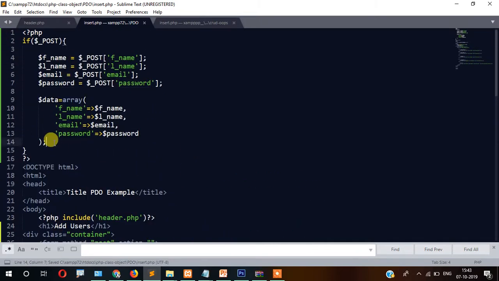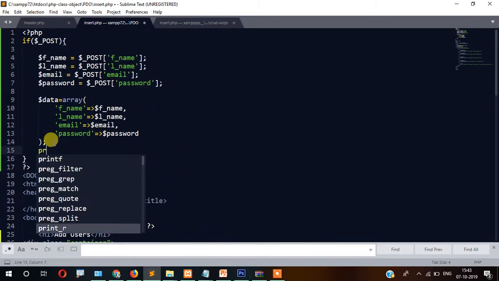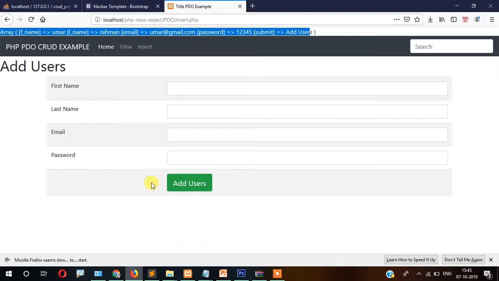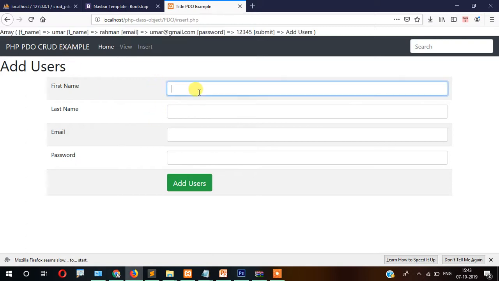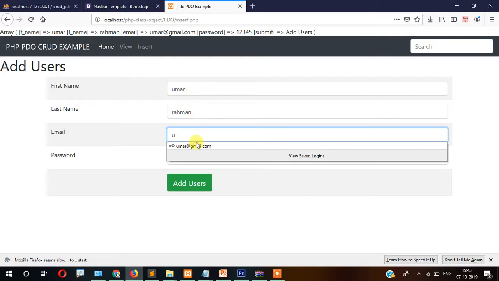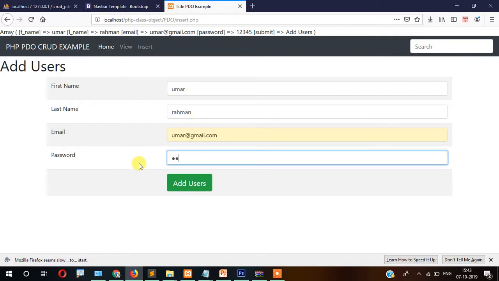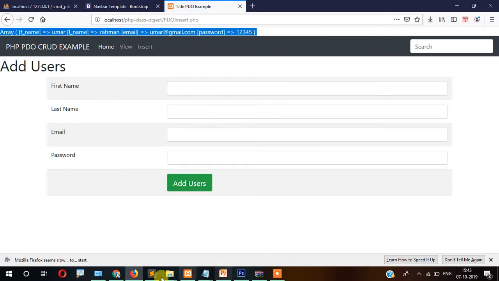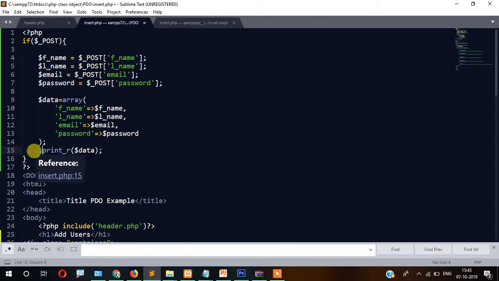So if you want to check what's coming inside, once again take help of this, then try to insert command, and then this 12345, then insert user. You can see the data is passing in array format. Now, okay, so now we need to create